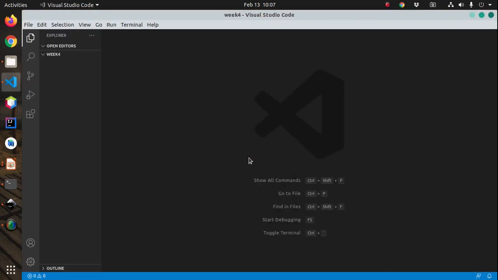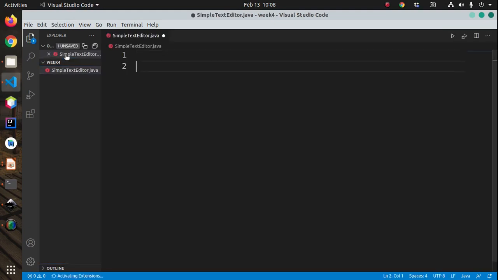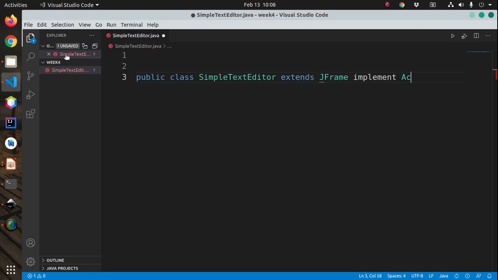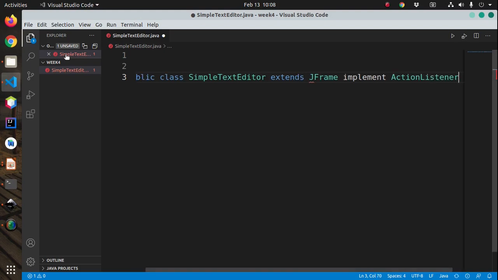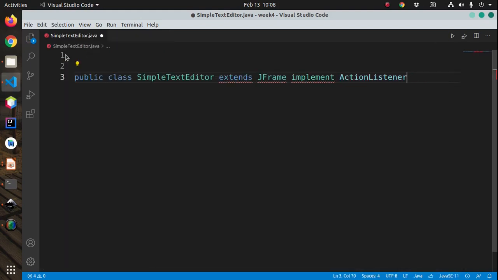Now here we are in Visual Studio Code, and let us start coding according to the output that was demonstrated earlier. We'll create a new class here. We'll call this SimpleTextEditor. Of course, we'll have public class SimpleTextEditor. We'll have it extend a JFrame, and we'll be implementing an ActionListener simply because the